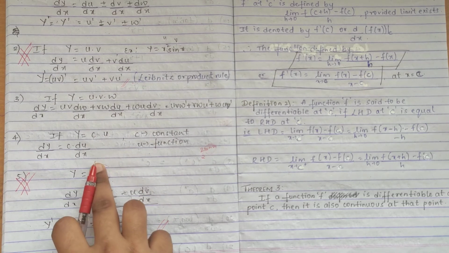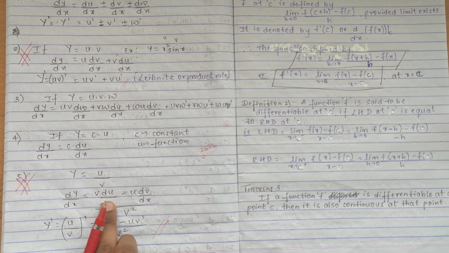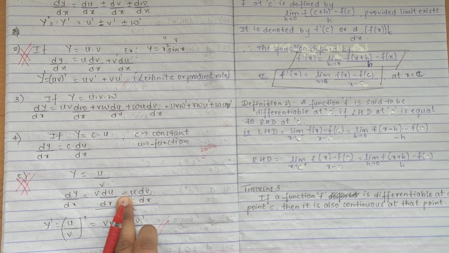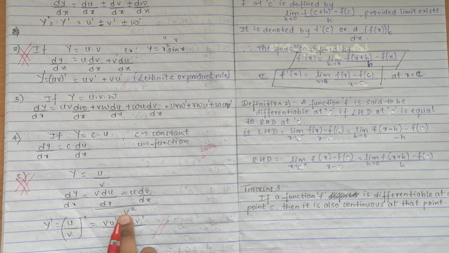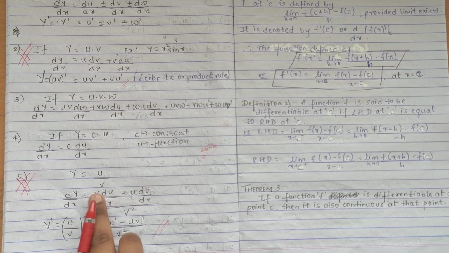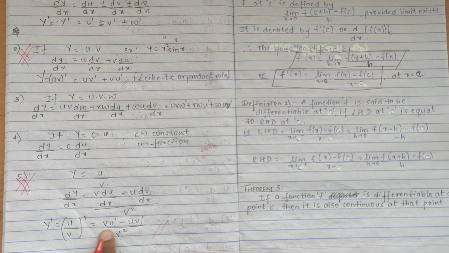The fifth one: you have product, so you should have division also. In the division rule, how do we do it? For u by v, first keep your denominator and differentiate your numerator, minus. Here please be aware of your signs. Here it was plus, so here it will be minus. Then keeping your numerator and differentiating your denominator, the whole divided by denominator square. v into du by dx minus u into dv by dx, whole divided by v square. You can also write it as v u dash minus u v dash, whole divided by v square.